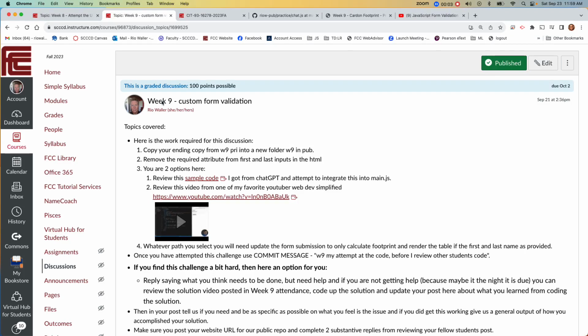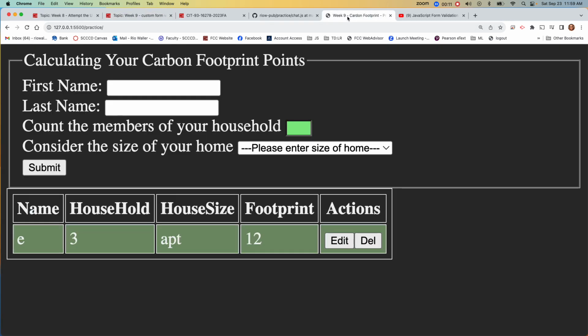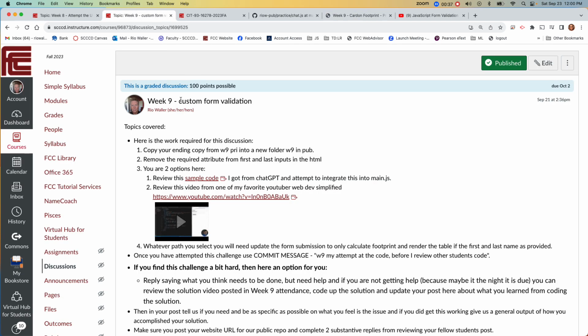Okay, so for week 9, we're going to write some custom validation. Up until this point, as a review, we've been using validation by including the required attribute, and min and max. Those types are built into the HTML. We have had to do no coding to handle the condition of the inputs not being correct. So in this case, we're going to write some custom validation